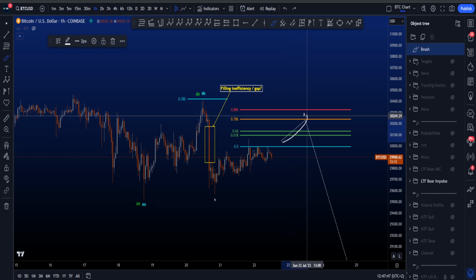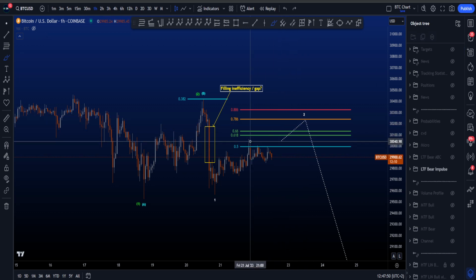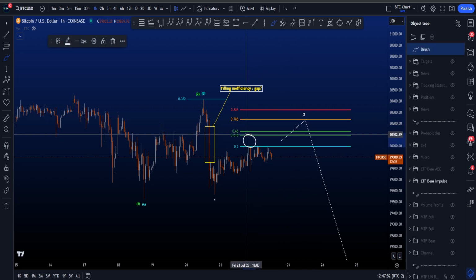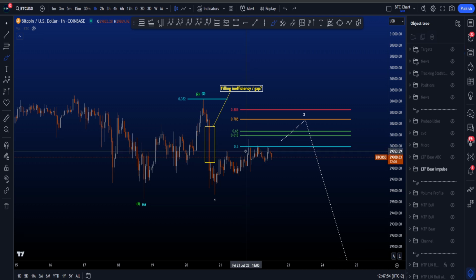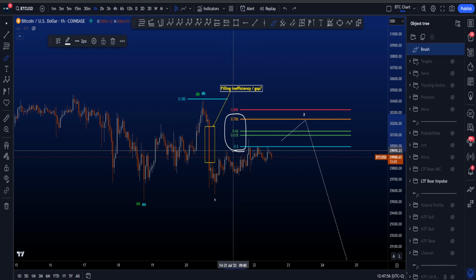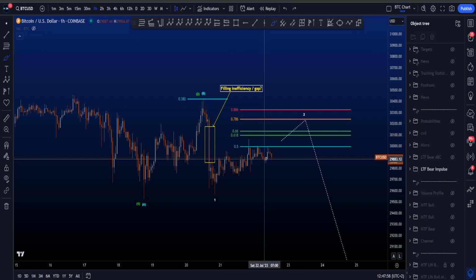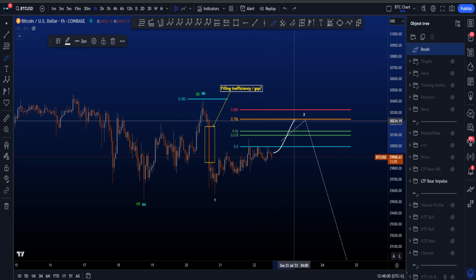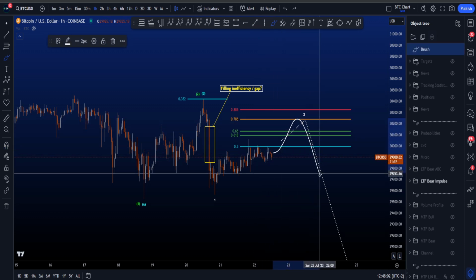And that is why I still have a little bit of a dotted line towards the upside, where of course this can be the high of a wave 2, as the most common target for a wave 2 is between the 0.5 and the 0.786, but I would like it if we fill the efficiency and then eventually move towards